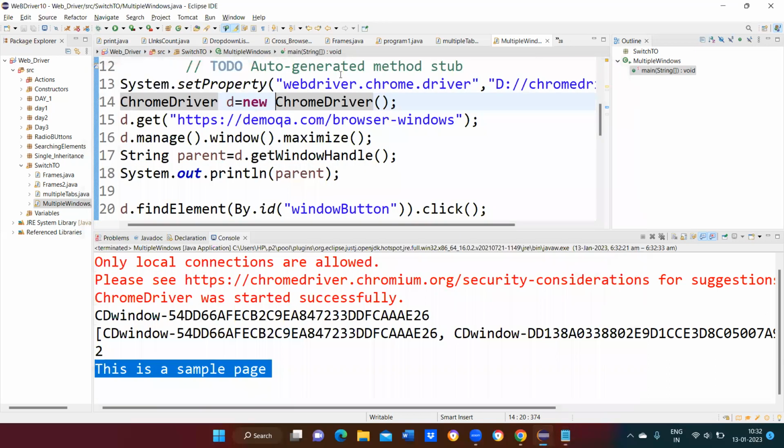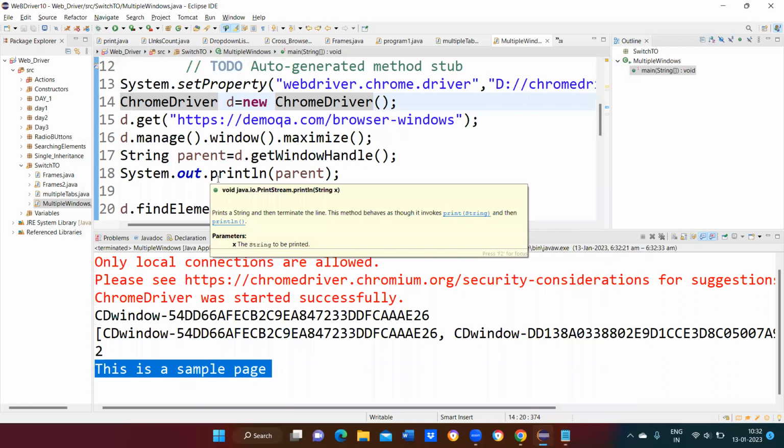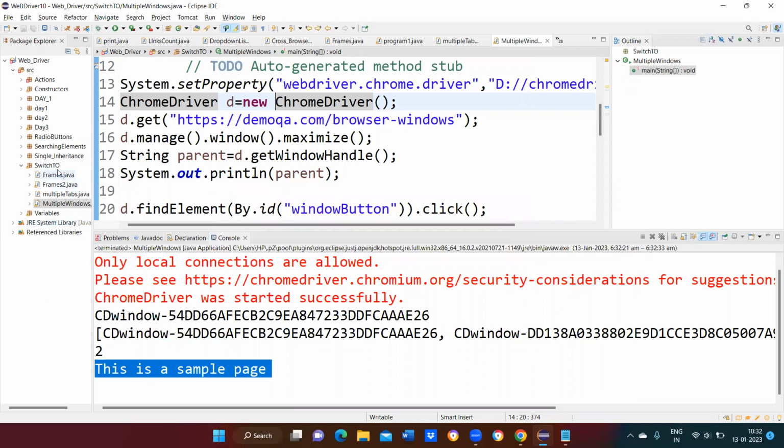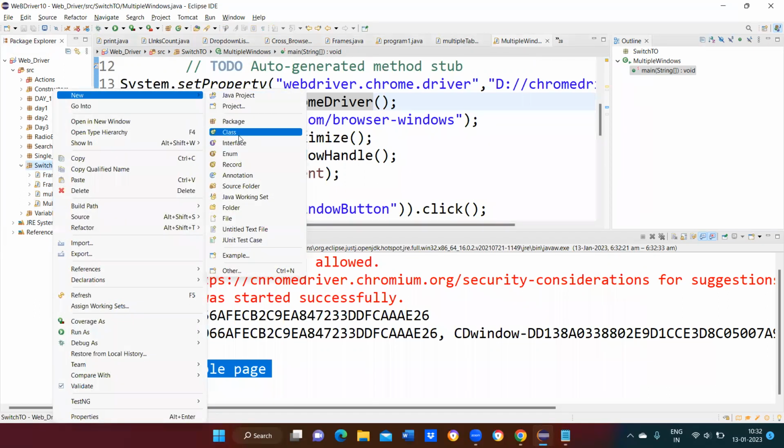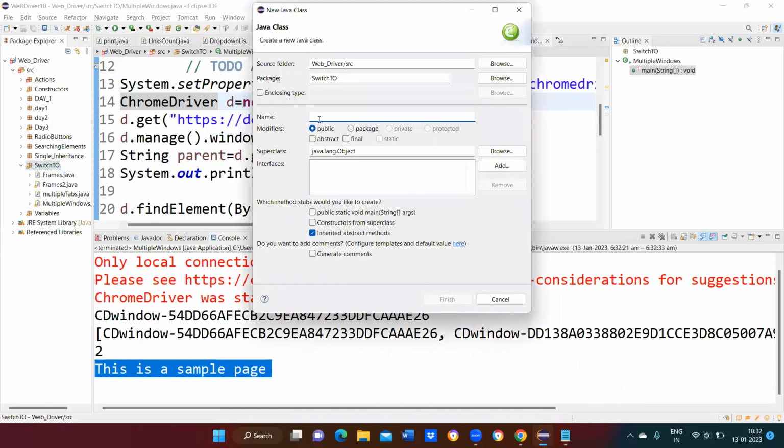So this is called single inheritance. If you are using a single class, that is called single inheritance. If you are using multiple classes, that is called multiple inheritance. If you are using more than 10 classes, that is called hybrid inheritance. So just yesterday we discussed what inheritance is and what types of inheritance there are. I'll give the basics, then I'll go with